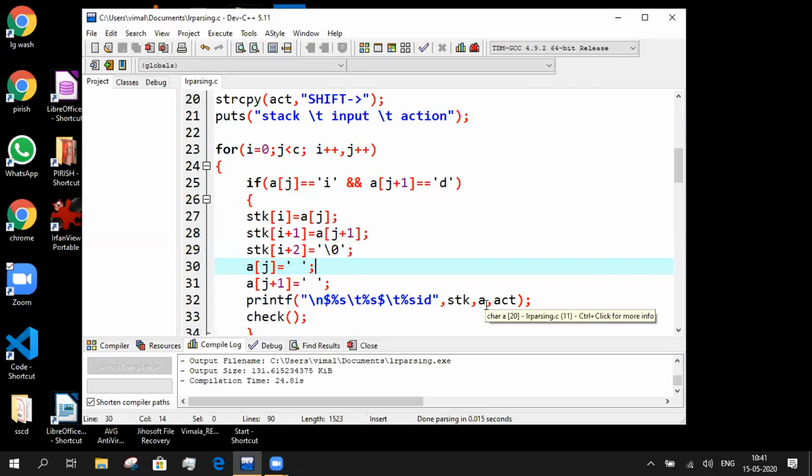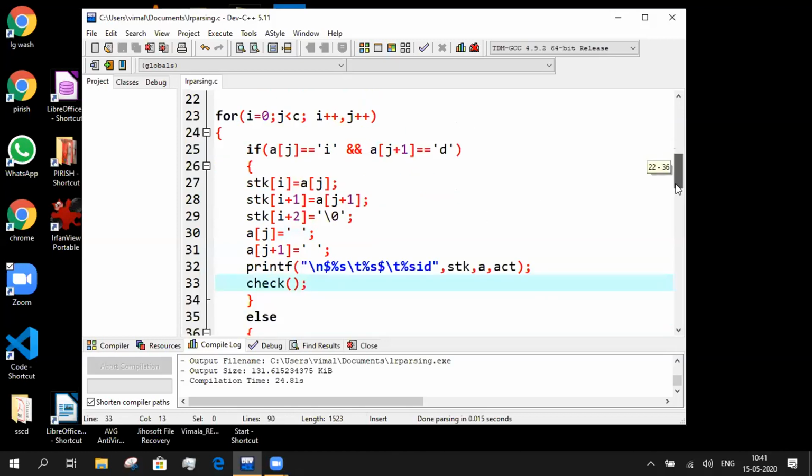You are printing the content of the input buffer. stack is stack itself, a is the input buffer. And you are printing the string act. What is act? In fact, shift, isn't it? So we have shifted ID, right? To say that this is a parser action taken, we are printing act. After that, the check function is being called. Let us see the function check a little later.